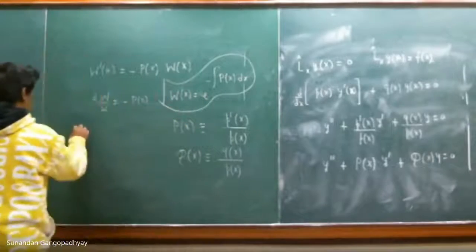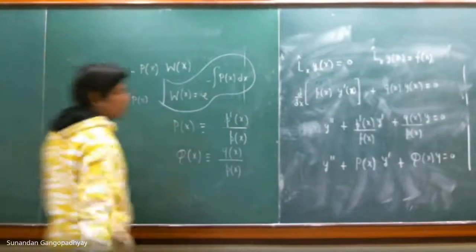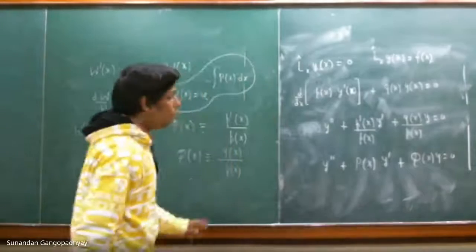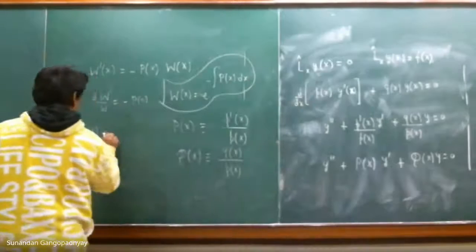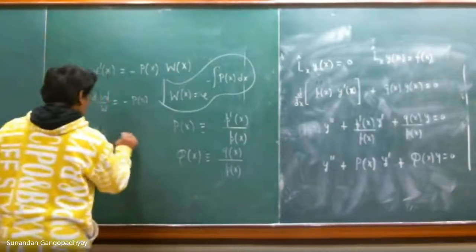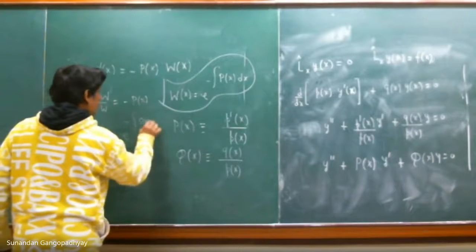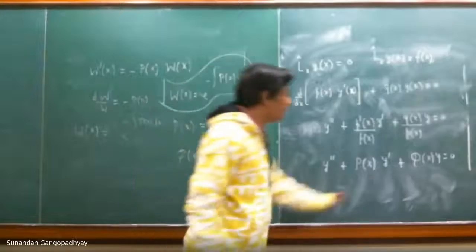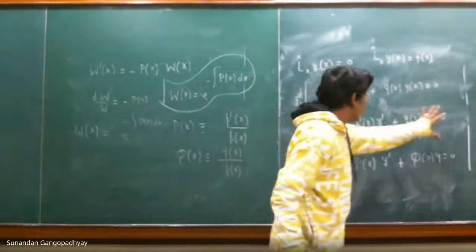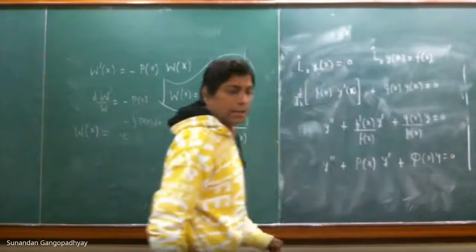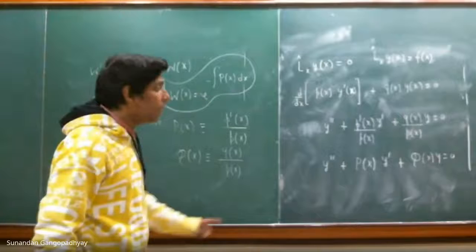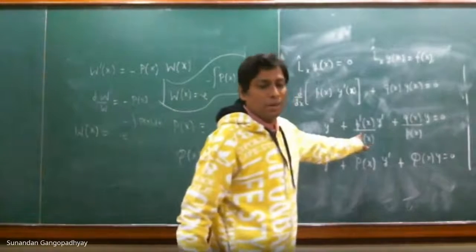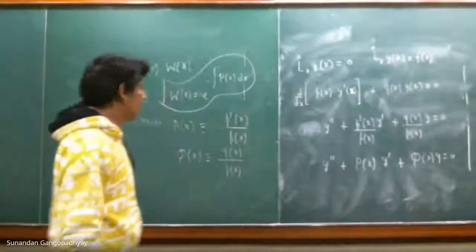Now you remember what is the Wronskian? The Wronskian for this differential equation. If y1 and y2 are two independent solutions of this differential equation, then we have just now seen that the Wronskian is nothing but e to the power of integral P of x dx. This is the Wronskian that we have just now proved. And here also, u of x and v of x are two linearly independent solutions, right? Then only the Wronskian will be not equal to 0. Otherwise, if they are linearly dependent, the Wronskian will be equal to 0.